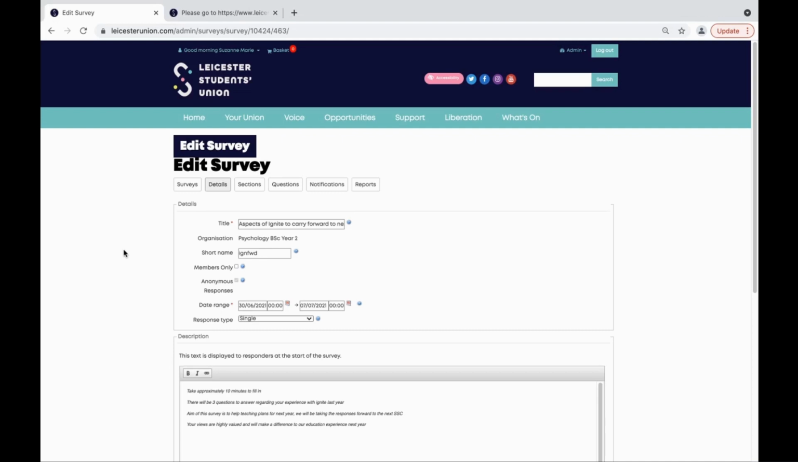The next part is the members only box. You should leave this unticked. If you were to select members only, it means that you can only fill in the survey if you are logged in as a student, and this can act as a barrier to receiving as many responses as possible. But it is up to you, and if you do tick it, it means that only your cohort can complete the survey, and there is no risk for outsiders to skew your data,